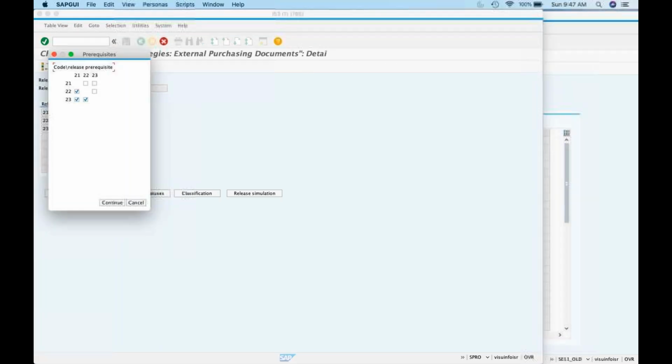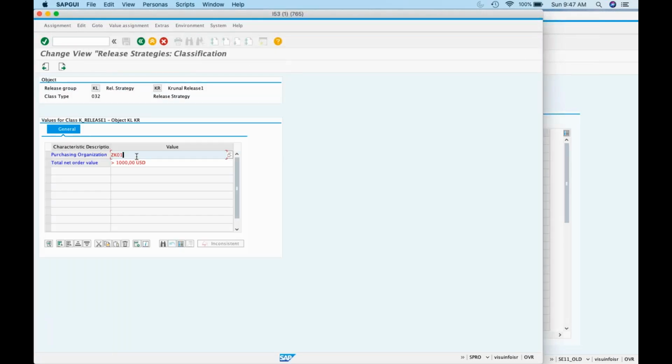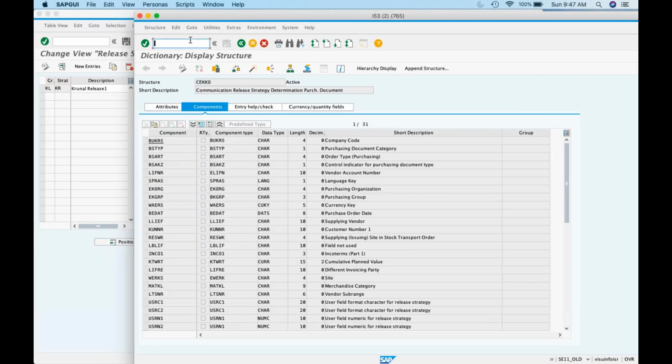What is the prerequisite? And release status is that once everyone has released, it's completely released. Classification is on this purchasing organization, and for this value, the release strategy should trigger. Correct? So now, if we create a PO with ME21N,